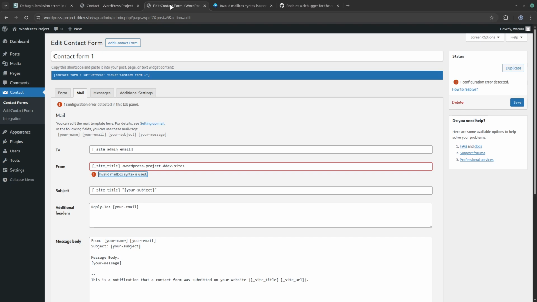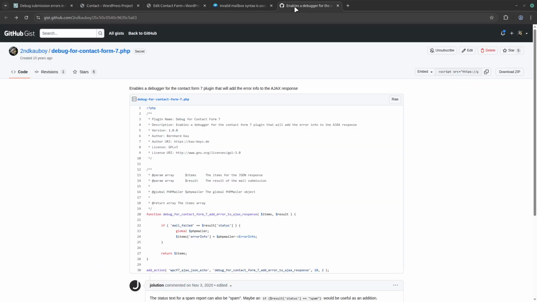For that purpose, I created a small plugin that is linked in the description of that video and also in the blog post. And you can find it on GitHub in a gist. If you know how to add that code to your project, you can do that. Otherwise, you can use that download zip link.